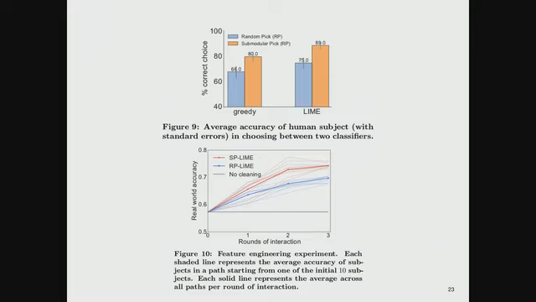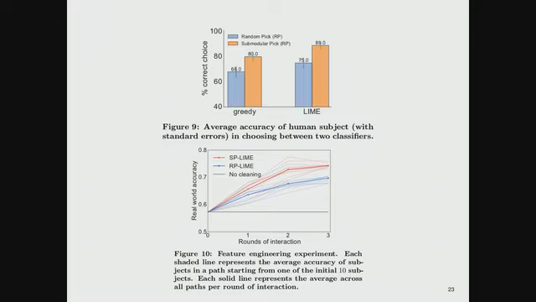And what they found was that the human subjects choosing between two classifiers were pretty good at figuring out which was the better classifier. Now this is better by their judgment. And so they said, okay, this submodular pick algorithm, which is the one that I didn't describe in detail, but it's this set covering algorithm, gives you better results than a random pick algorithm that just says pick random features. Again, not totally surprising.